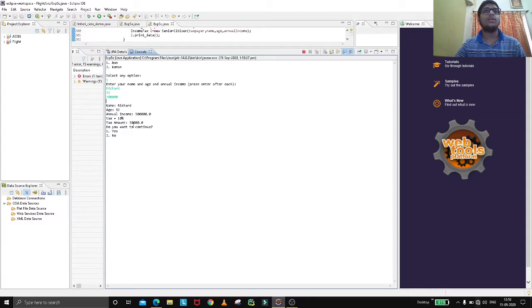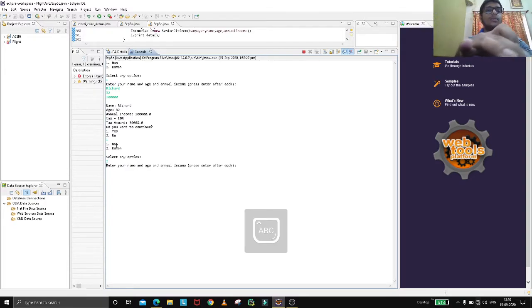The tax amount we have calculated using the tax amount function, that is the calculateTax function. Now do you want to continue? Yes, I want to continue. Now for a woman who is a senior citizen, we will give an age after 60 years.